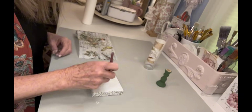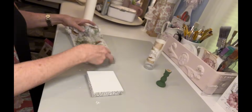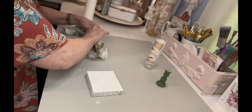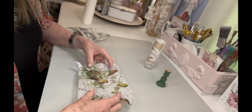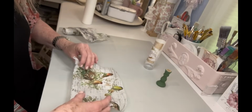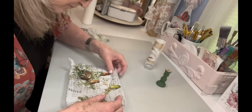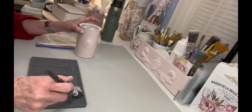And it's so pretty, and it's got some script on it, and it's got some birds on it, and it's so, so pretty. And it comes in like this little roll first, and it's got 6 yards in it. And I believe I got this at Hobby Lobby. Now, on this particular one, I went on and put the glue on the back side of that sign before I even laid the paper down, just because when I laid this paper down, I wanted that bird to be